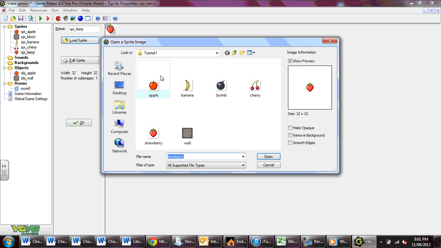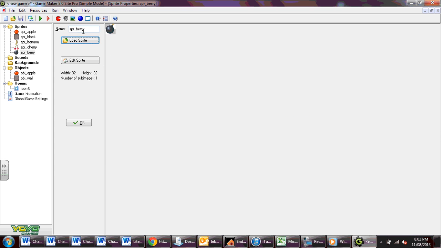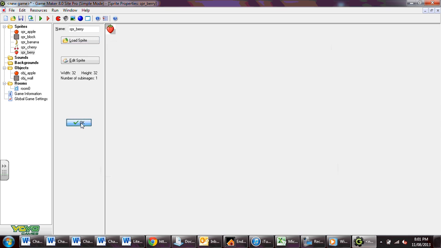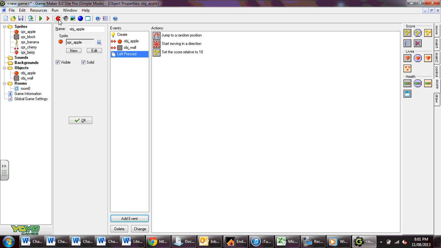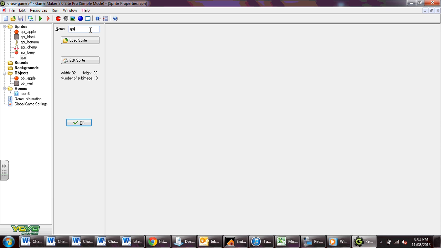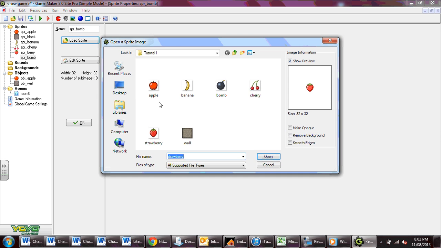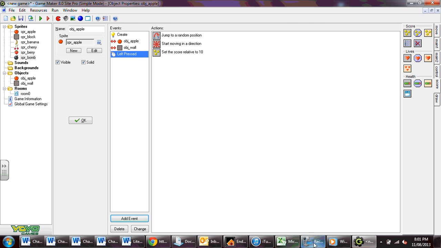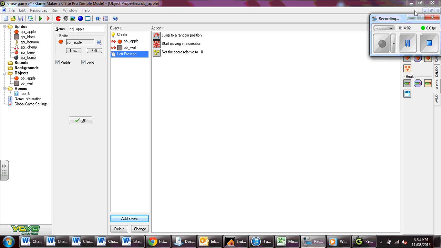Okay, that was all of them. I might do the bottom one on here. Oops, sorry. Strawberry. Okay. And I will make the bottom sprite as well. Come back to that, but I'll make it now. Right. So,